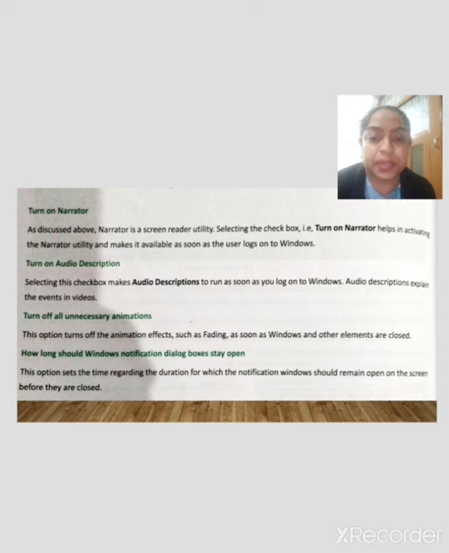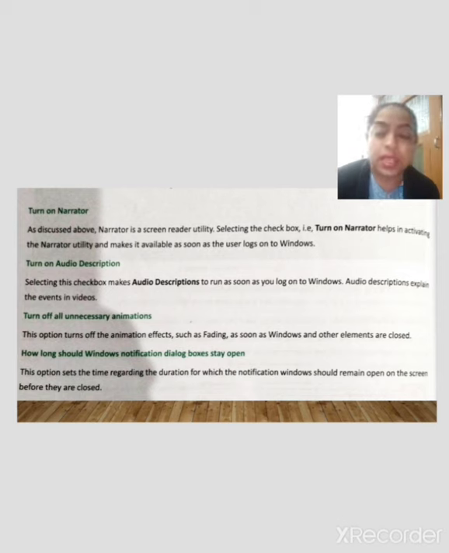Selecting this checkbox makes audio descriptions run as soon as you log on to Windows. Audio descriptions explain the events in a video. Since you are not able to see anything, you will be notified of messages like error messages or any other notification.